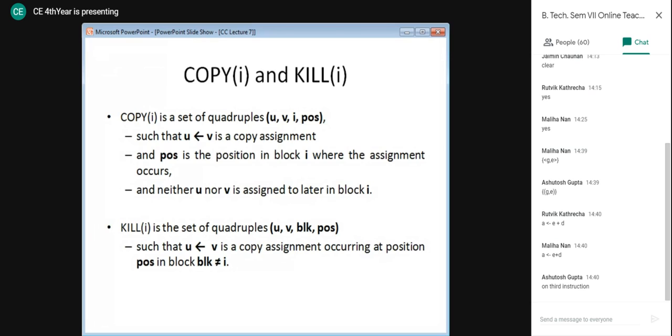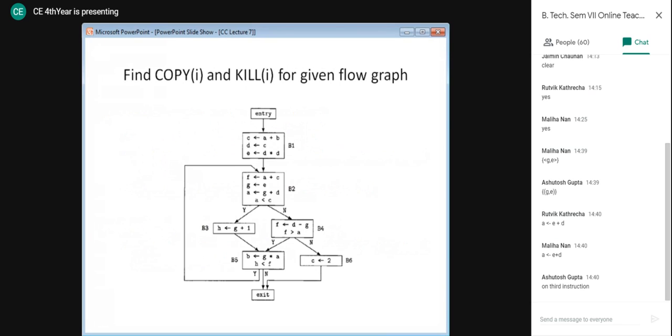And what we will do is find copy and kill for our given flow graph. So first and foremost, let us go for copy. For each block, that is entry, B1, B2, B3, B4, B5, B6 and exit, first find the copy set.